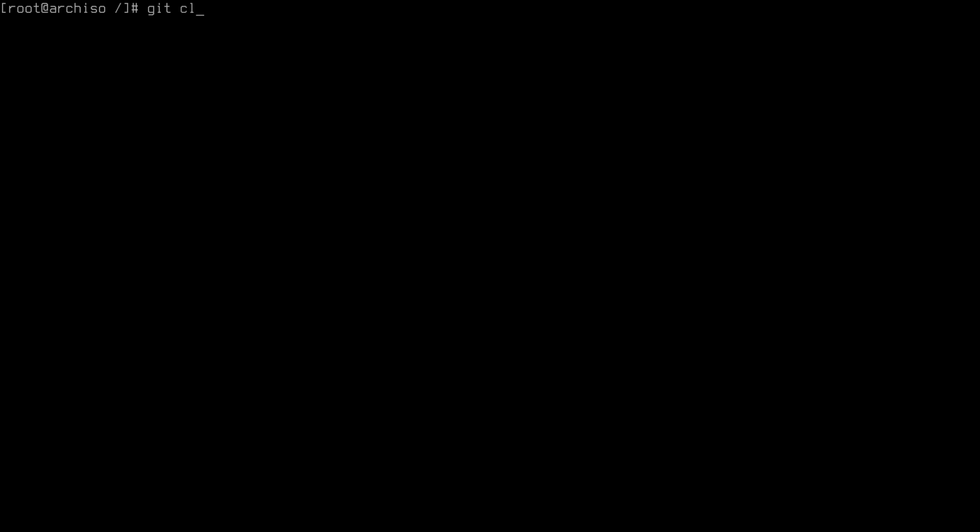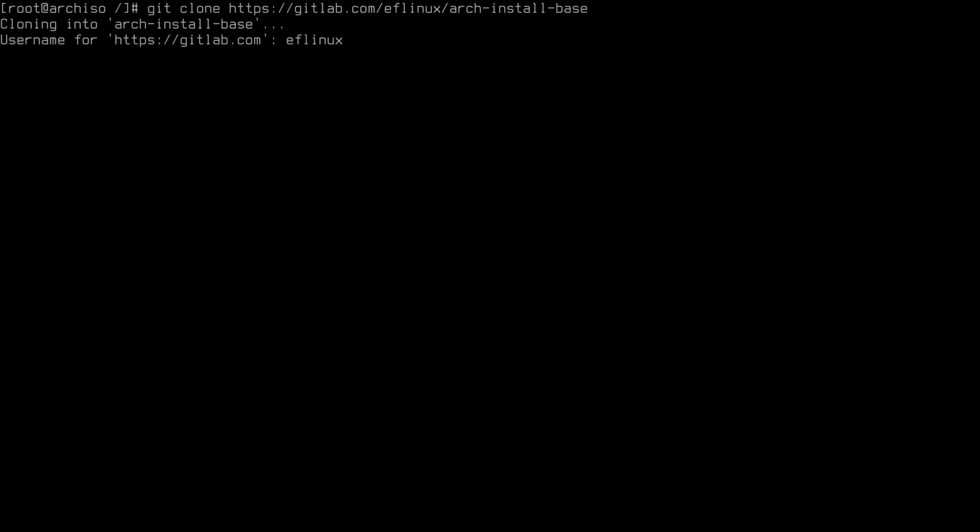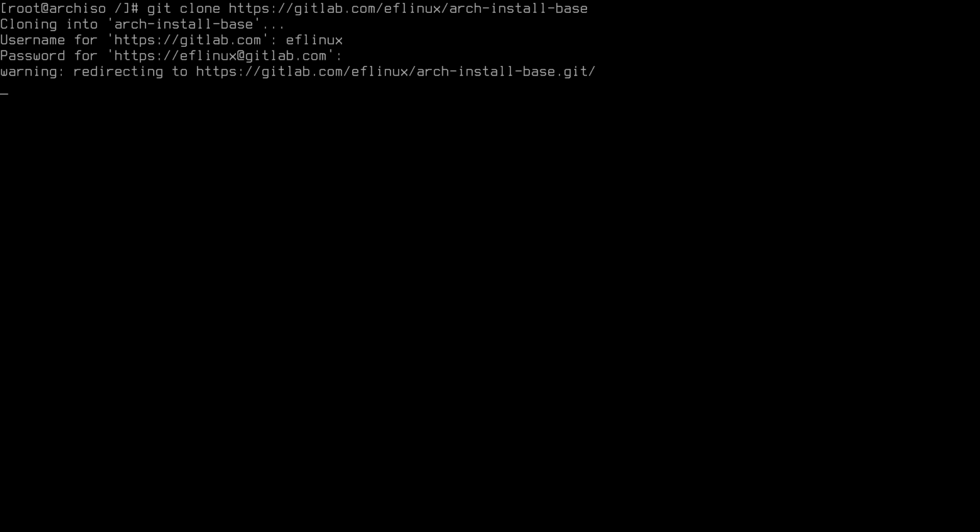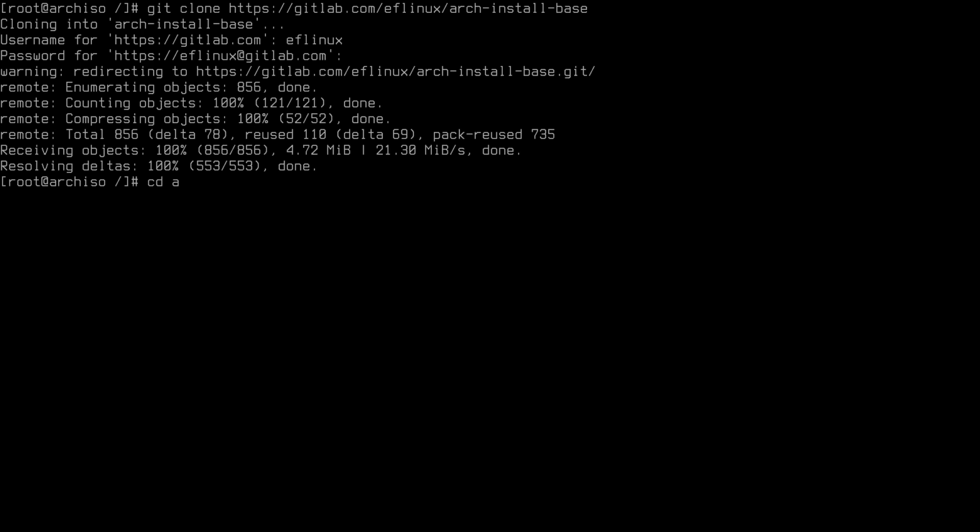So git clone https://gitlab.com/eflinux/arch-install-base. This is the private repository. There is also a public one that you find on my GitLab page. And I need to authenticate here because it's a private repository. And now it's downloading my script, so cd arch-install-base, and I need to edit the base script with vim